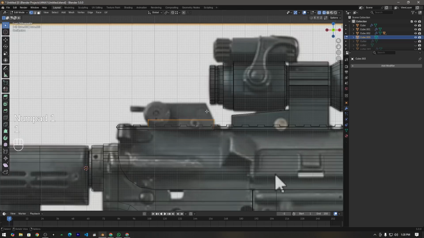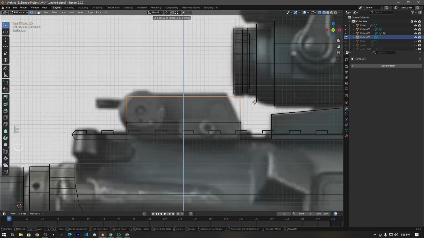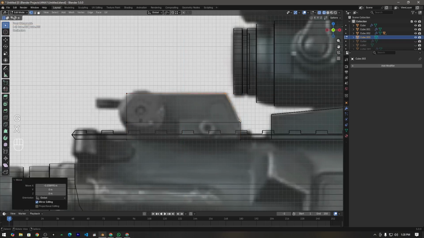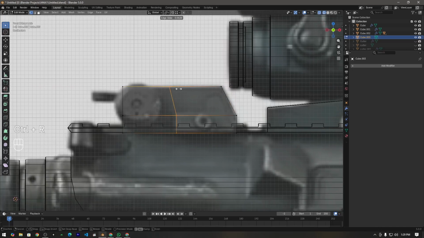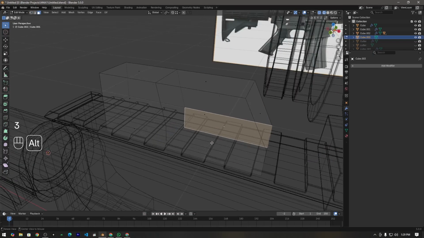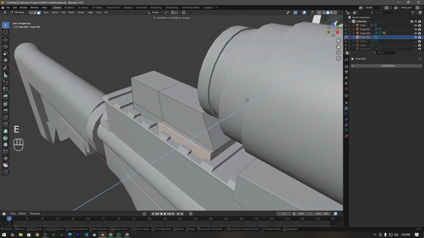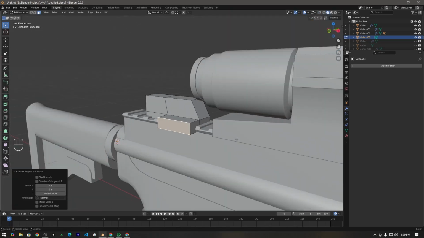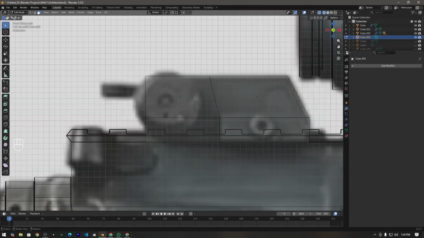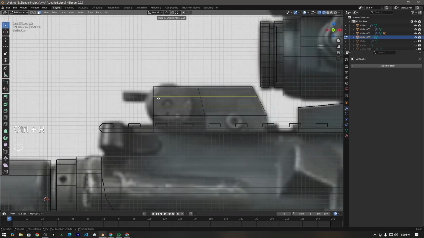And then select these top vertices, press E to extrude it on the z-axis, and then I'm going to select these vertices, press GX and move it here so that we can get this kind of shape here. Press Ctrl+R and add one loop cut here. Then select this face, press E to extrude it, this face, press E to extrude it on the z-axis, something like this. And now to make this part I'm going to add two loop cuts here,